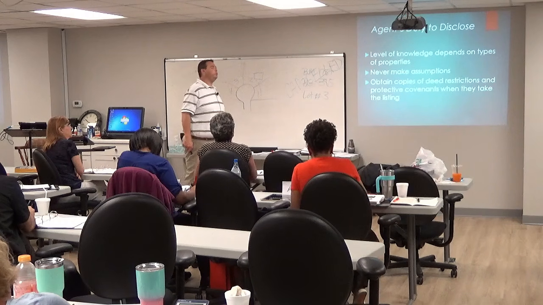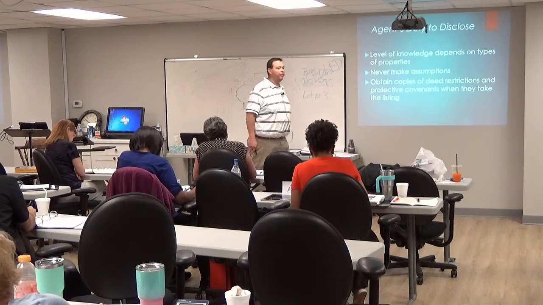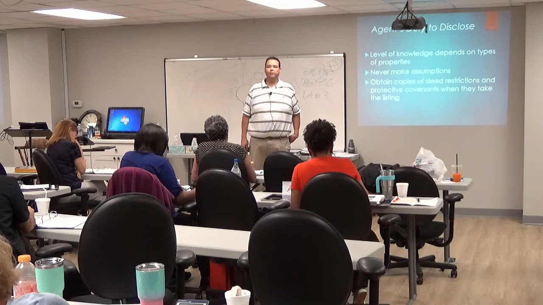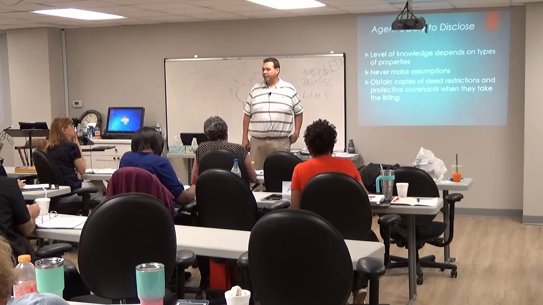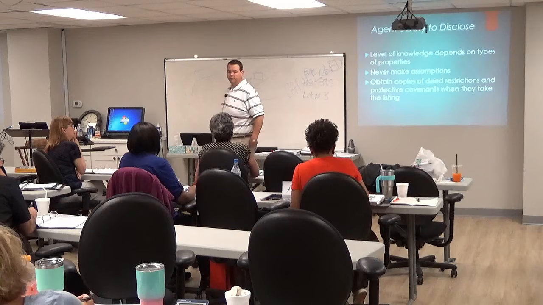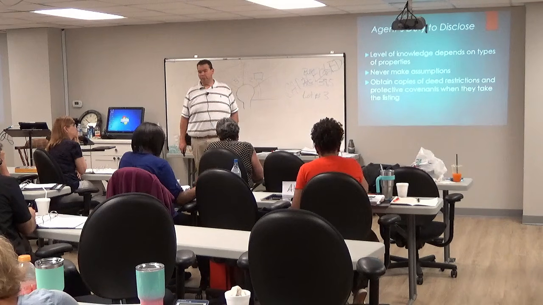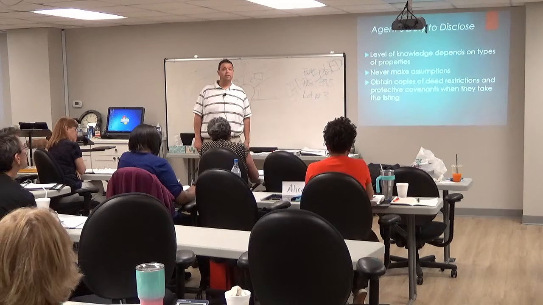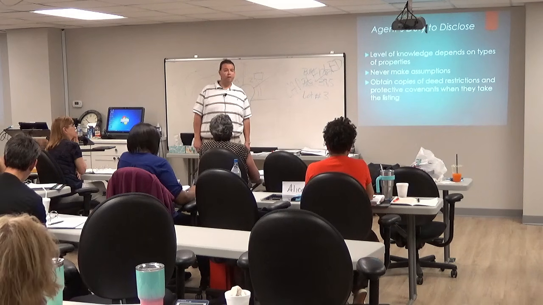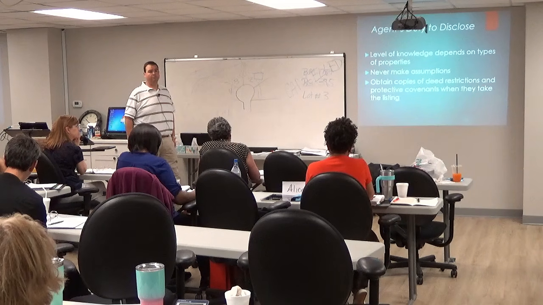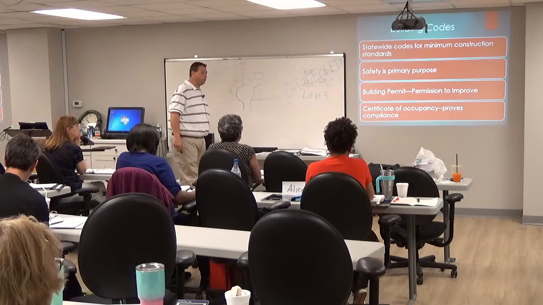Don't make assumptions when you're disclosing stuff. These land use controls are public knowledge. That means don't assume. It means go do the research. Can you do the research and find out the zoning on a property? Sure. Can you find the covenants on a piece of property? Yes. Absolutely. Can you find out if the streets are public or private? Yes. Don't make assumptions, especially as a listing broker. You find out and you have the information available so that you can give it to potential buyers. That's the long and short of it as far as we go.